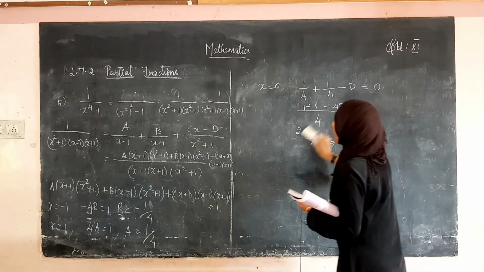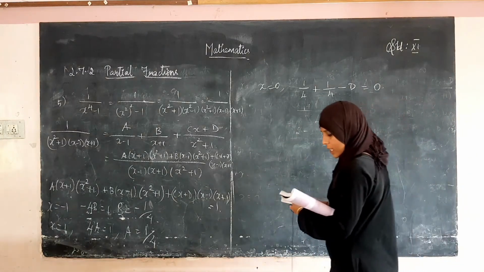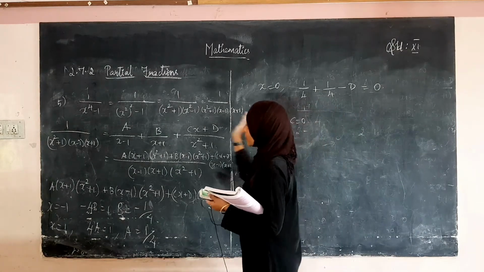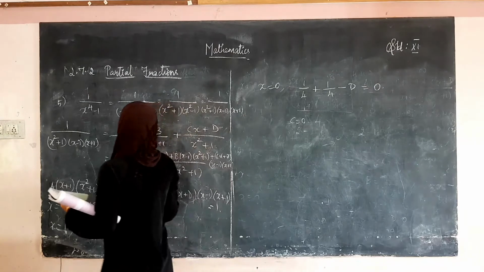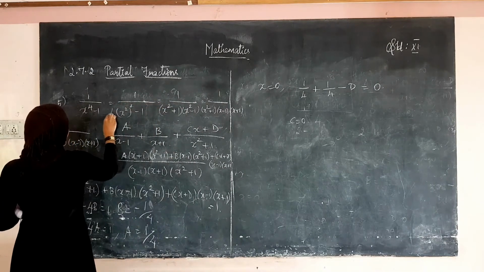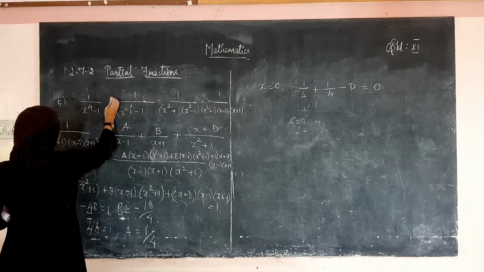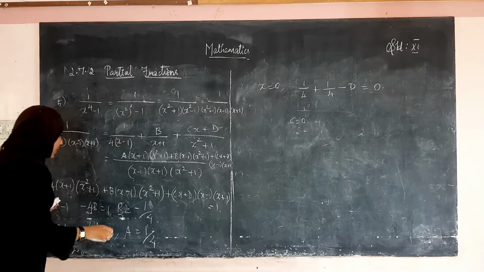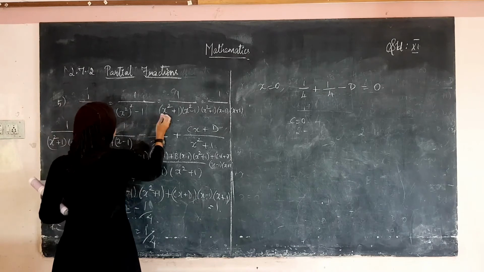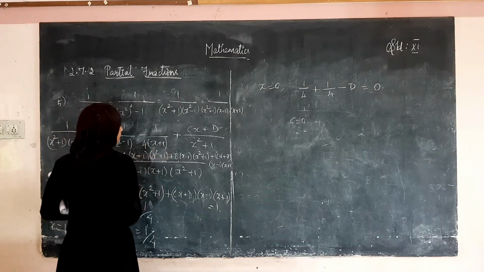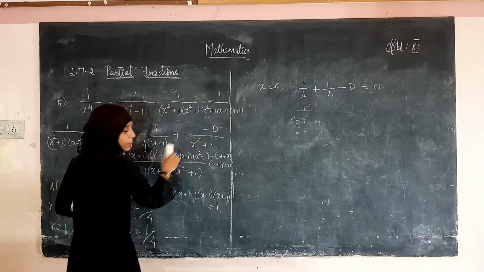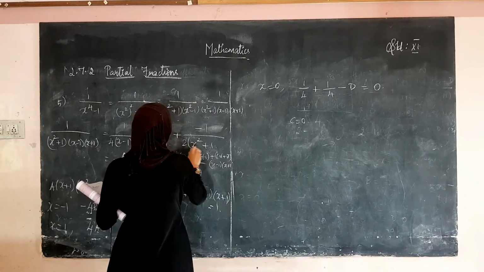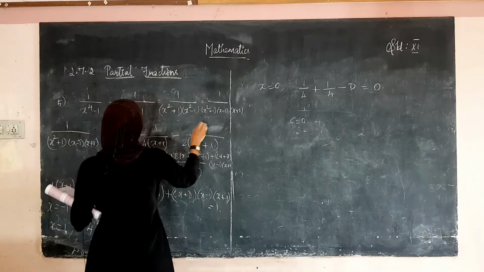Okay. This is how you have to find, and you will be getting the value of c as 0. Then what you have to do? You have to substitute here. So, value of a is 1 divided by 4, and the value of b is minus 1 divided by 4, and this term becomes 0. So, cx becomes 0 and the value of d is minus 1 divided by 2. So, this will be the answer.